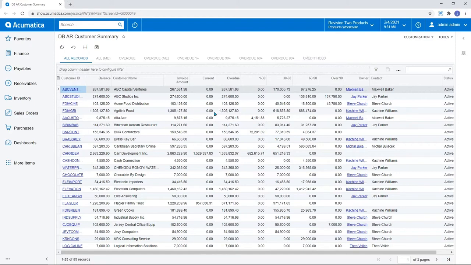But I can also create additional filters, like my customers that are 30, 60, and 90 days overdue. Very easy to see this information, and also very easy to control the data and modify the filtering of this data so that you can make sense of the decision or the inquiry that you are trying to create.